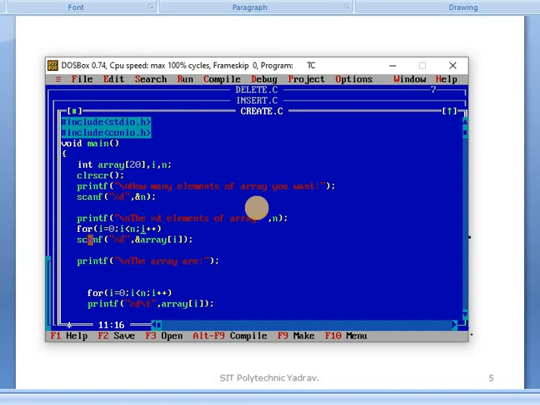After that, the scanf function means array elements are input one by one until all n elements are complete, okay. For example, if n is 5, we declare a maximum of 5 array elements. Then this scanf function runs 5 times, because we input 5 numbers, okay. After that printf displays the array, the elements which we already input, okay.